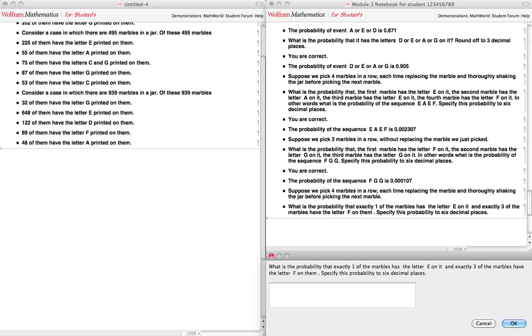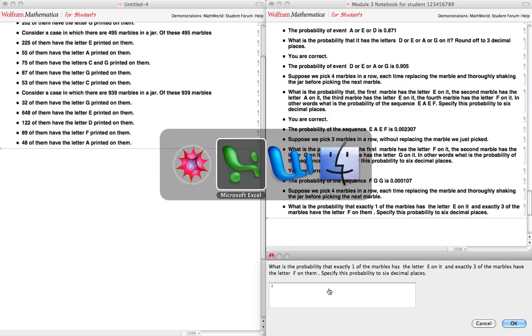Okay, again you pick 4 marbles in a row, each time replacing the marble. What is the probability that exactly one of the 4 marbles has the letter E on it, and 3 of the marbles have the letter F on them? Okay, so in this case you could write out all the different ways in which you could have 1 E and 3 Fs in a sequence of 4 draws, or what you could do, because